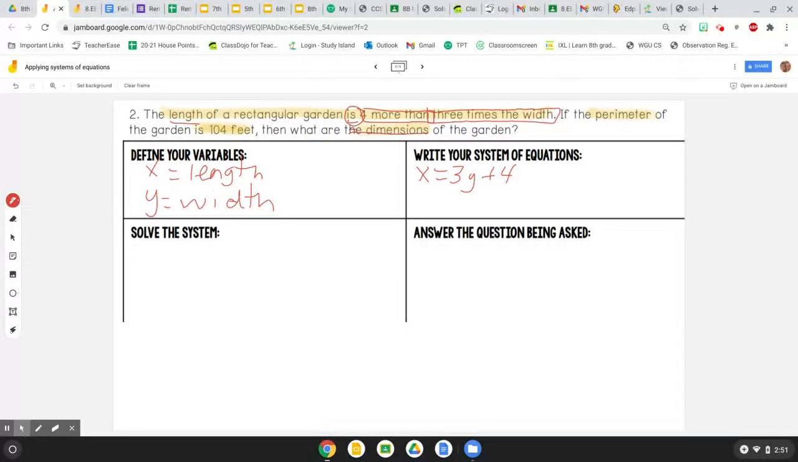Okay, that's my first equation. First situation done. Second situation: if the perimeter of the garden is 104 feet, then what are the dimensions of the garden? Okay, so when I have a garden